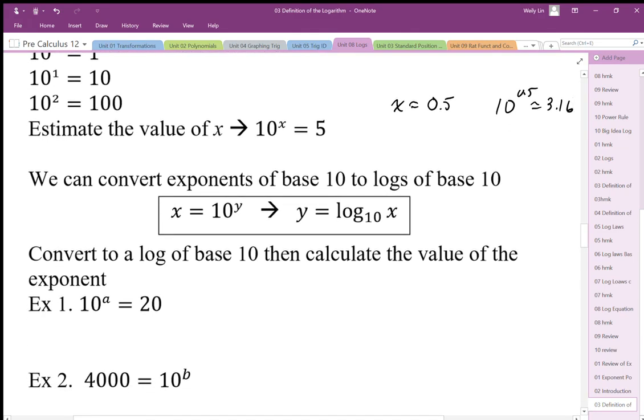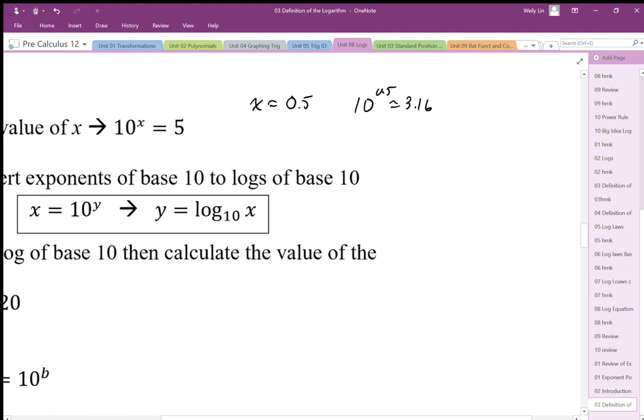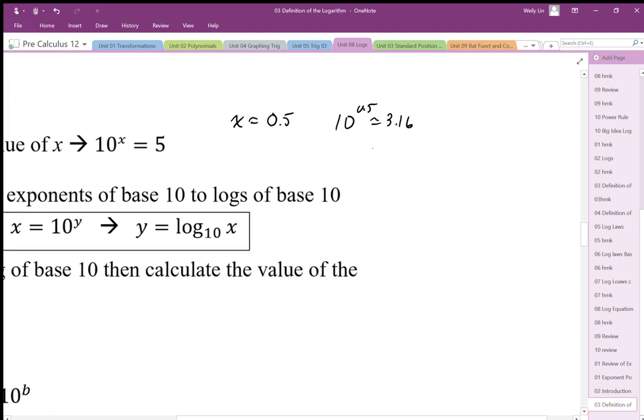So what I'm going to do is convert my exponential expression. So my answer y is my output. Okay, so I write it in the log form. And when I have it in the log form, I can then use the logs on my calculator. So that's what I'm going to do here. I'm going to change this to log base 10 of 5 equals x. And I'm going to find that log button, the base 10 button on my calculator. Okay? So I'm going to go log, and then my input is my answer of 5,